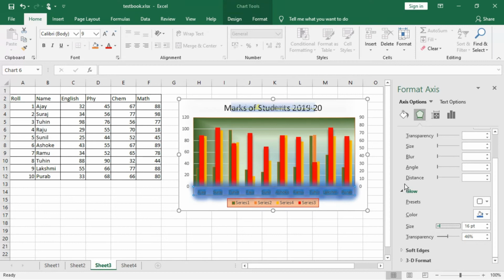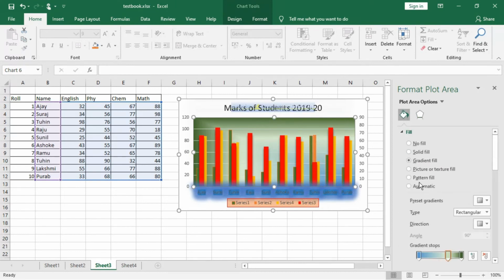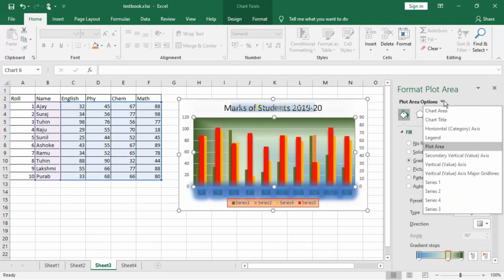Any kind of formatting you could do from this formatting option. So what is the option finally? Right click on the chart area, and then format plot area. You do it, and then you will get everything over here. Maybe from version to version it may be a bit different, like you will get a dialog box. Here I'm getting the pane, the format plot area pane. Those who are working in Microsoft Office 365 will have no problem. Even in 2010 the options and functionality remain the same, only the appearance will be a little different.